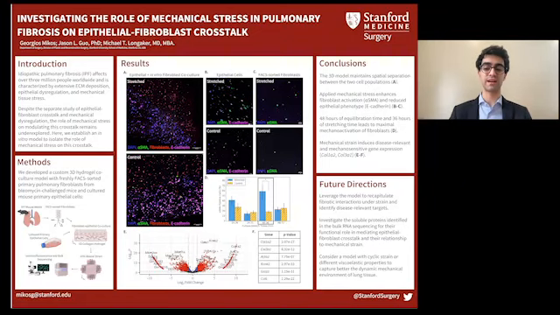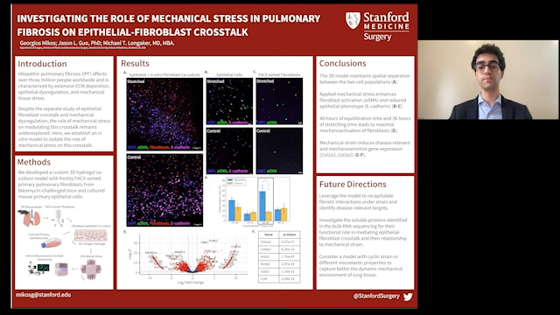I'm an undergraduate at Stanford studying chemical engineering, and I'm excited to share my research with you. Today, I will tell you about how we developed a model to isolate the effect of mechanical stress on epithelial fibroblast signaling. To begin, idiopathic pulmonary fibrosis, or IPF, is a progressive lung disease that affects over 3 million patients